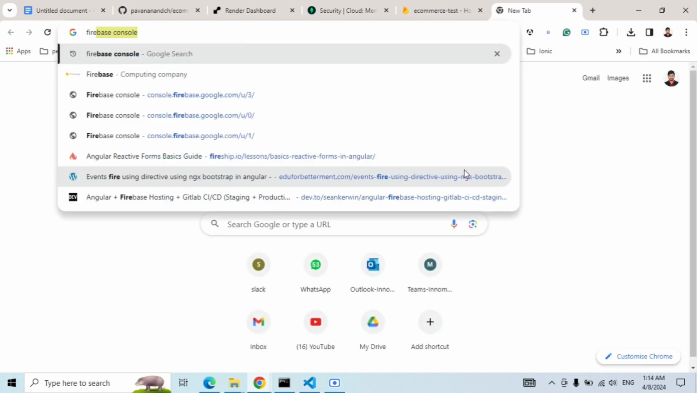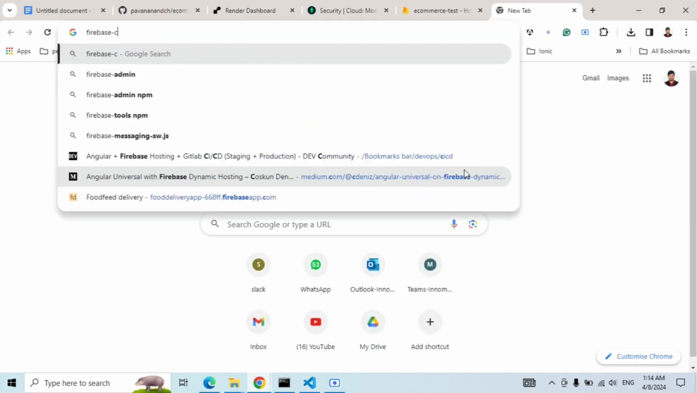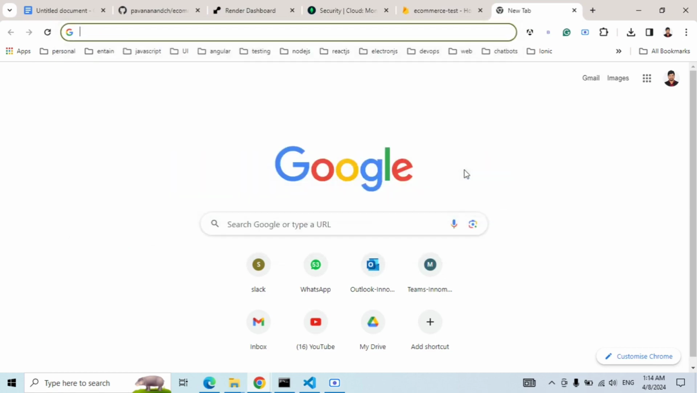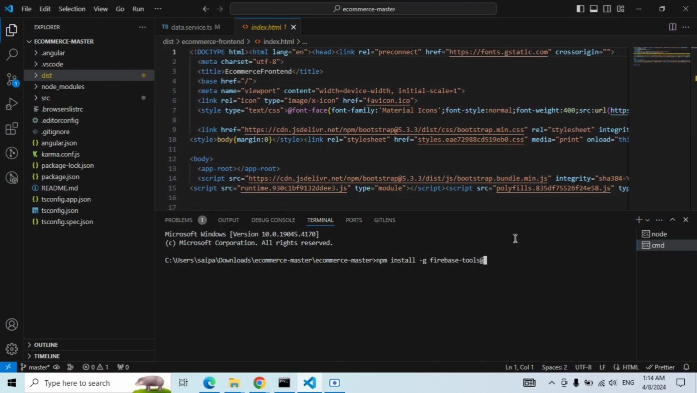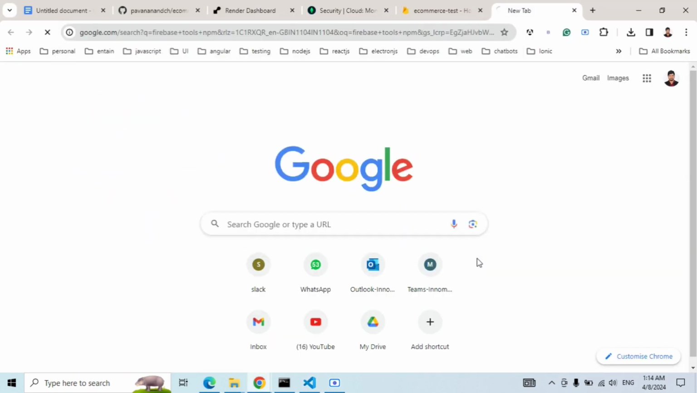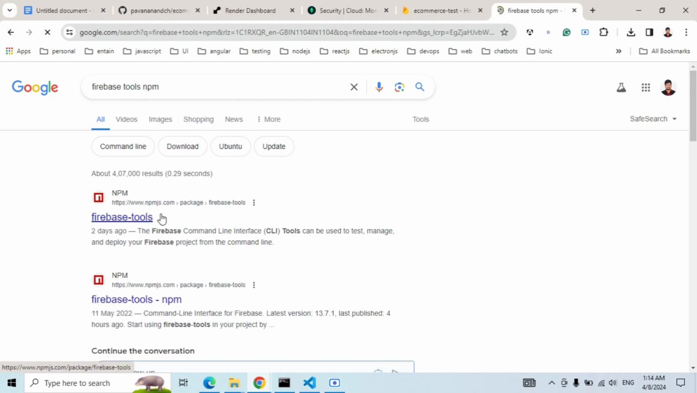because Firebase won't allow specific versions. Okay, we are using Node.js 14, right? 14 or 16, I guess. So for that, there are some limitations. By default it will give the latest version, but that won't be supported by Node 16. So for that, for firebase-tools npm, go to this npm URL